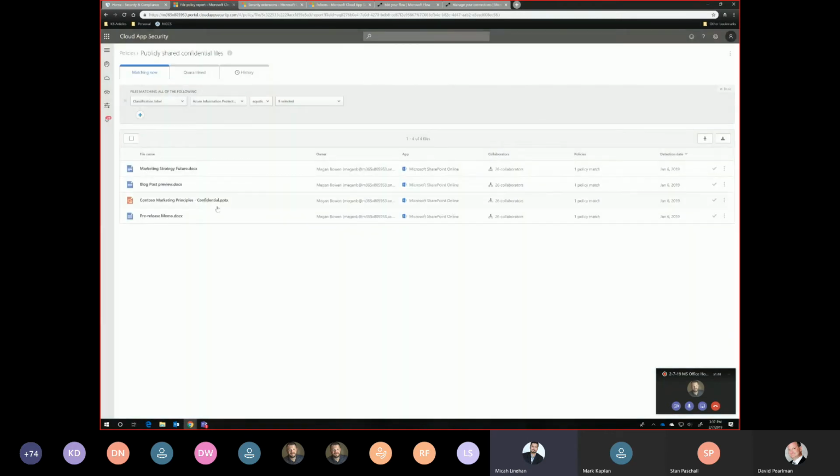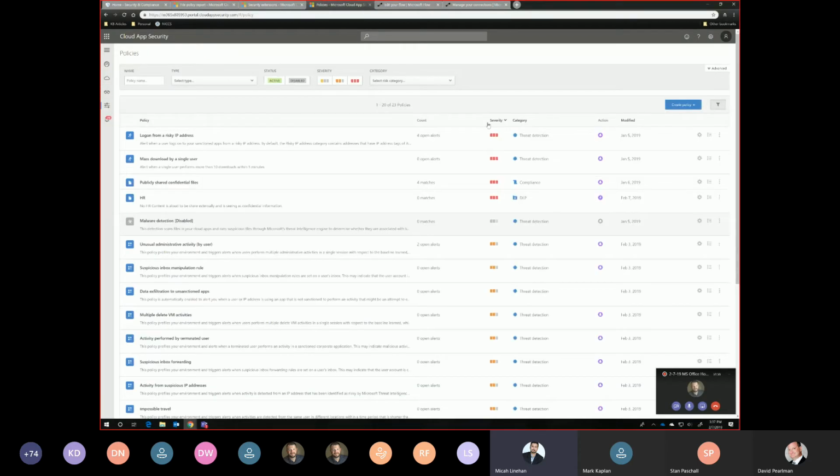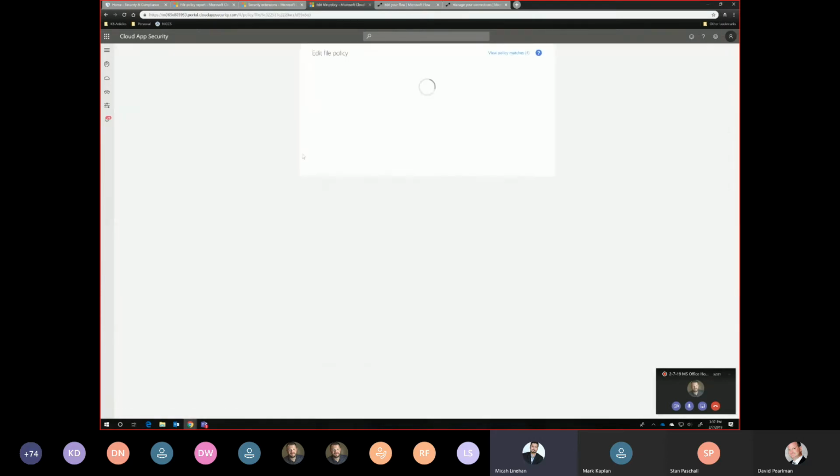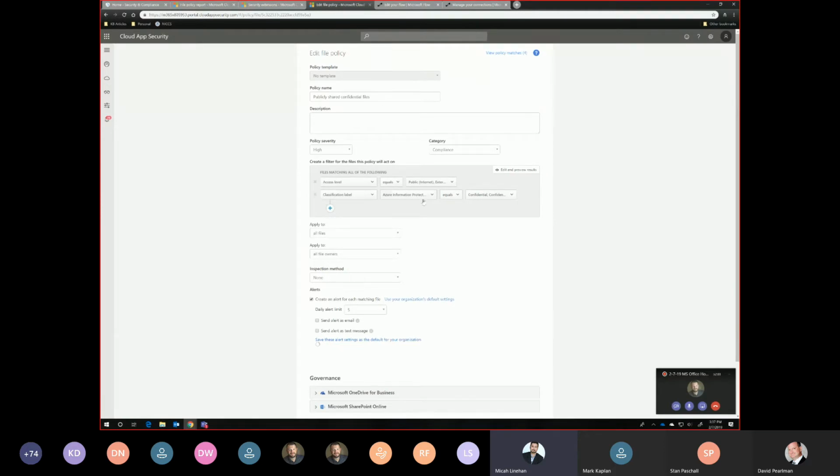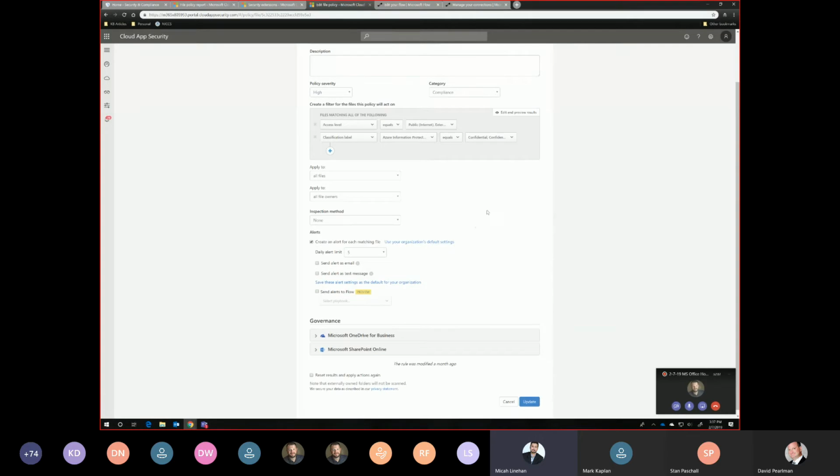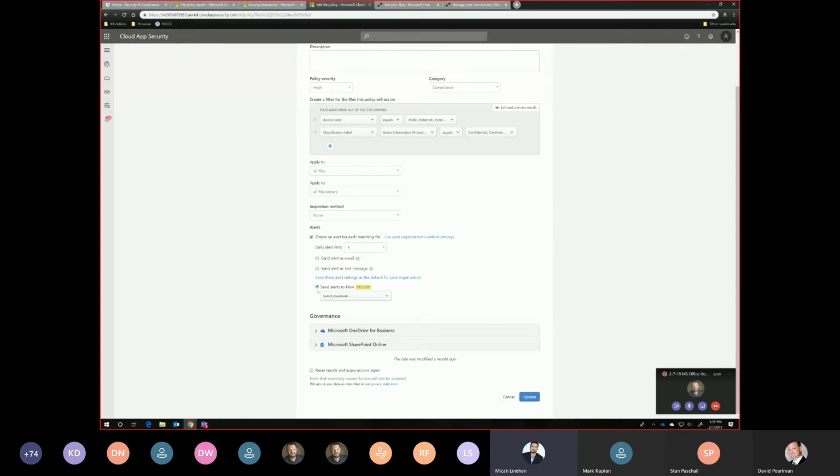So what we do is, kind of as we've done many times before in our Cloud App Security product, we'll go ahead and I'm going to modify a policy, or I'll make a policy, right? So we see publicly shared confidential files. Oh man, that's those 4 files I was just looking at, right? I go ahead and look at this policy. As you can see, it's using Azure Information Protection for the classification. As I was playing with earlier and had just kind of showed you, if I wanted to, I could actually